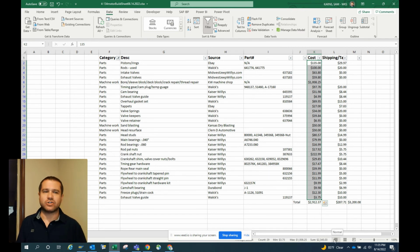Now, almost half of that is machine work. We had a terrible block. It needed some cracks fixed in it. It needed a sleeve pulled out, new bore, new sleeves put in, those sleeves bored. So your block, odds are, is going to be better than that. But generally speaking, I keep this